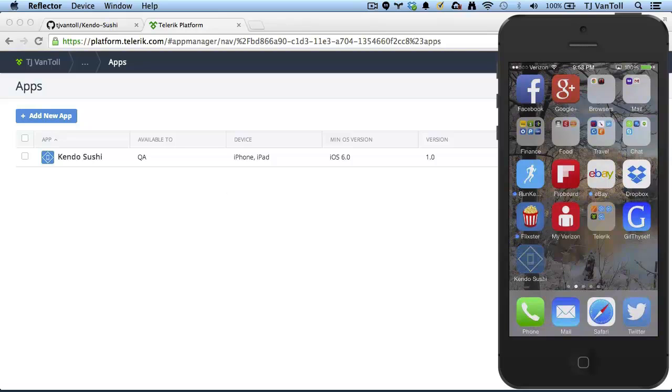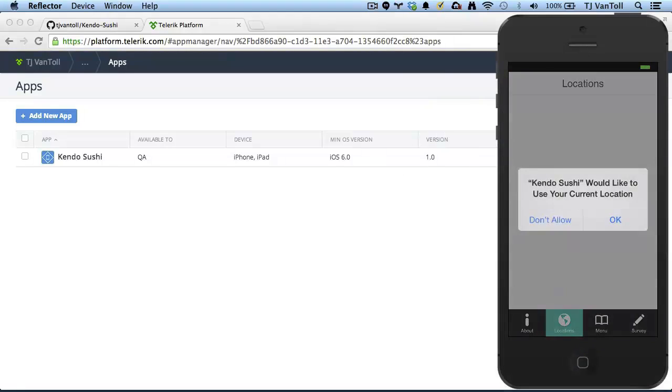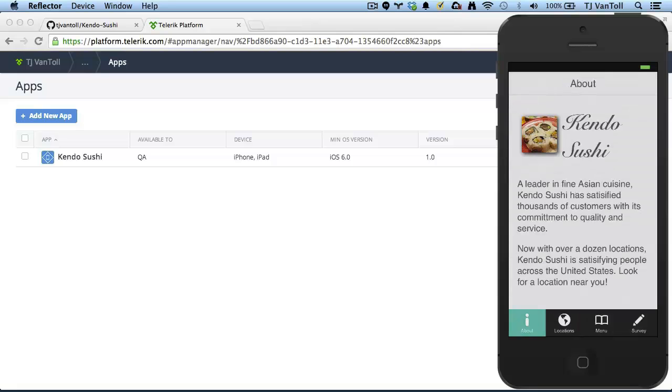As a tester, I can now play around with this app and give feedback. And importantly, I can do all of this before the app appears in public app stores. And to make that feedback process even easier, the Telerik platform now provides App Feedback. And I want to show what this new App Feedback project is, so I'm going to start by going back